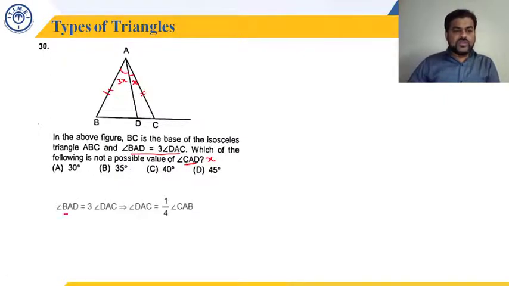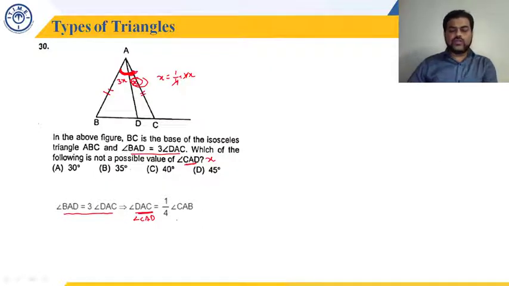Okay, since this relationship was given, can I say angle DAC, or we can say angle CAD, it means the same, will be 1/4 of angle CAB, isn't it? So this angle x will be equal to 1/4 of this entire angle. This entire angle is what? 4x, right? 3x plus x, 4x. So 4 will cancel out. So this angle x is 1/4 of this total angle, which is 4x. That is what is written here.